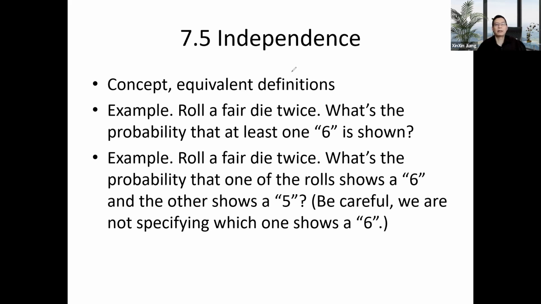What's the probability that at least one 6 is shown? We talked about that earlier using 36 outcomes, right? Here, we're not going to use that. Instead, we're going to use